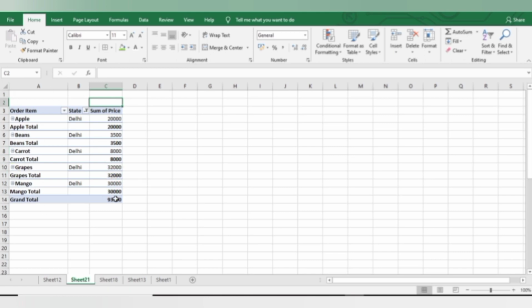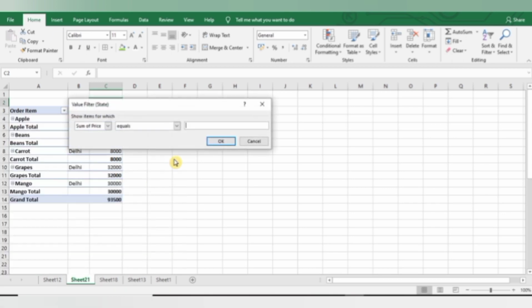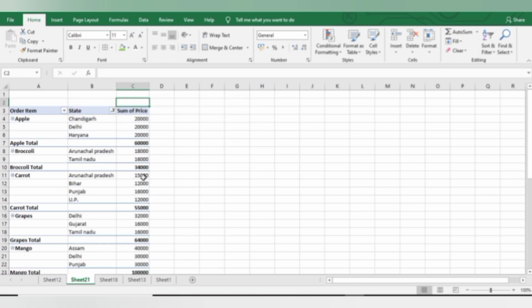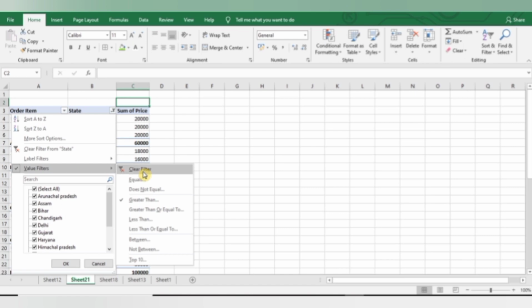And now if I want any particular price, like I want the price greater than 10,000 only, now again if I go to value filters and then equals, and type price greater than 10,000 and then press OK. So my label filters will get removed and my value filters is applied.